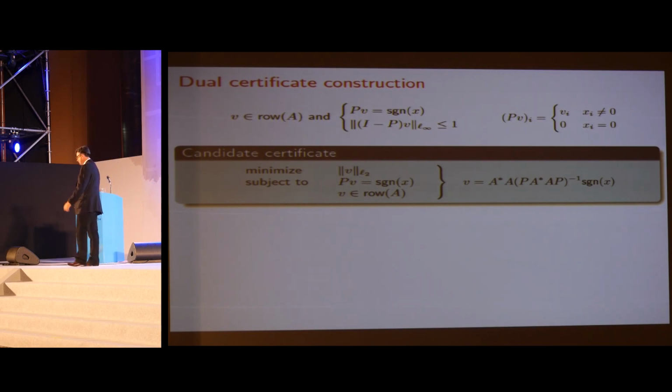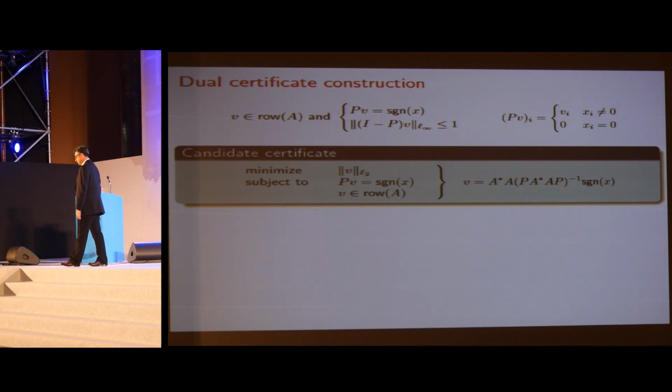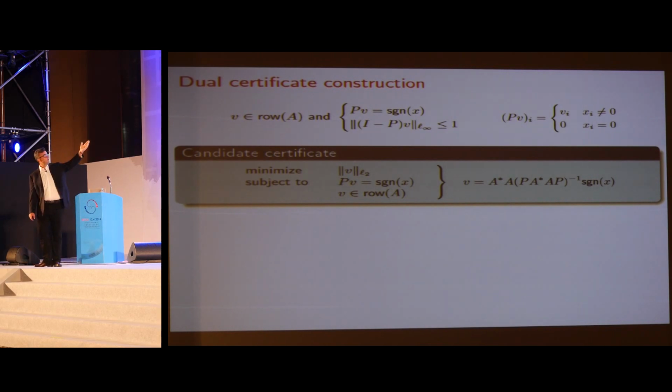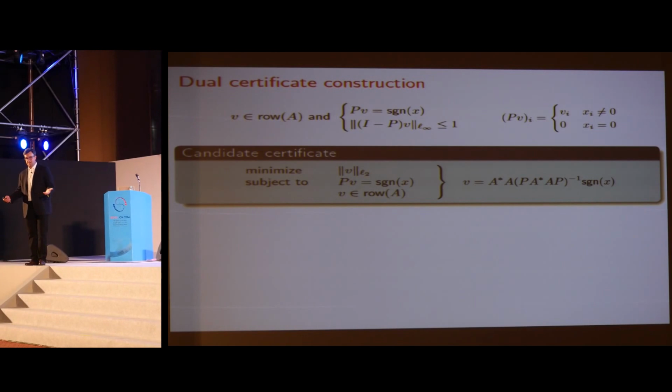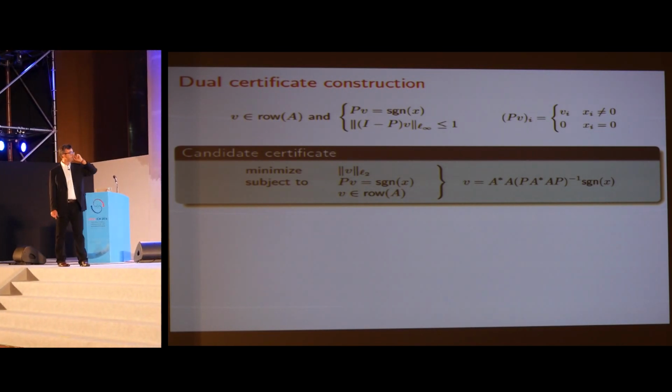And so the proposal is to find, or construct, a vector V which has minimum L2 norm and obeys two of the three conditions I know, the two affine conditions. Of course, the intuition behind building such a vector V is that, because V has minimum norm, we hope that off support is going to be small. That's reason number one. And reason number two is that it's a least squares problem, so I have an explicit solution, which is shown on the right. Now I have a random object.